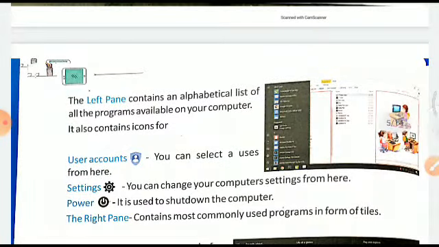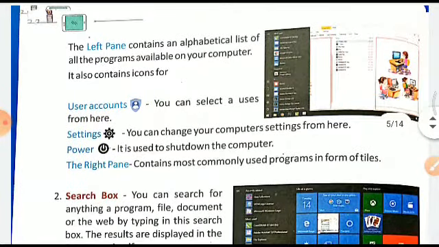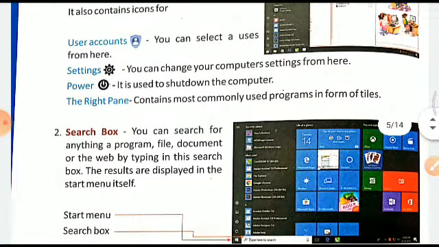The left pane contains an alphabetical list of all programs available on your computer. It also contains icons for user account. You can select a user from here. Settings, you can change your settings. Power, it can be used to shut down the computer. And the right pane contains most commonly used programs in the form of tiles.